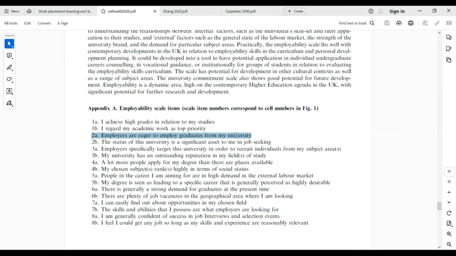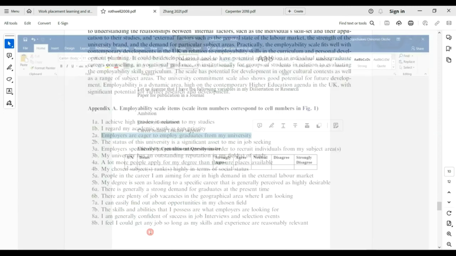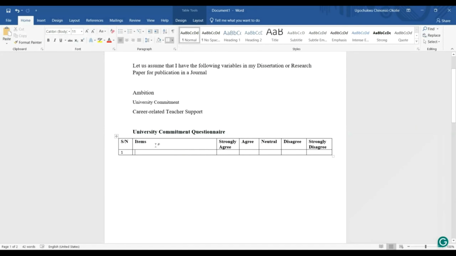Look at that. That is 2A. Employers are eager to employ graduates from my university. So in this case, I did not make any change. I just put it exactly the way it is, and use it to develop my questionnaire for students. So in this case, let's say for the first one, this is my questionnaire, for example,